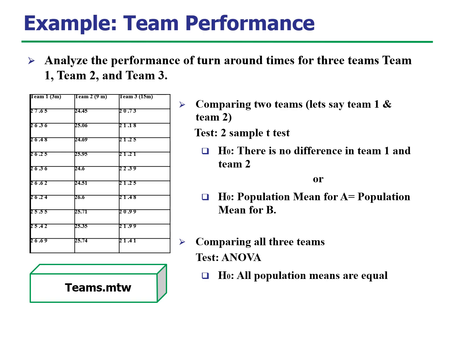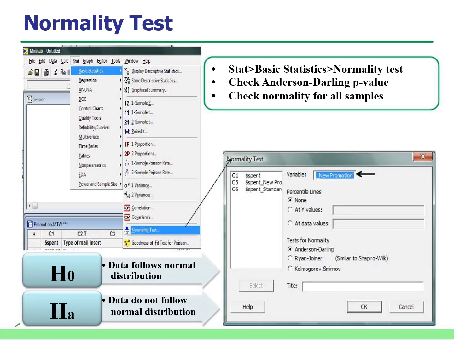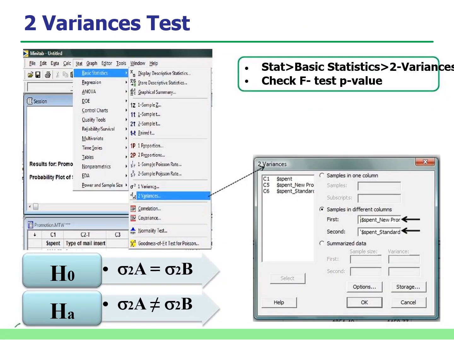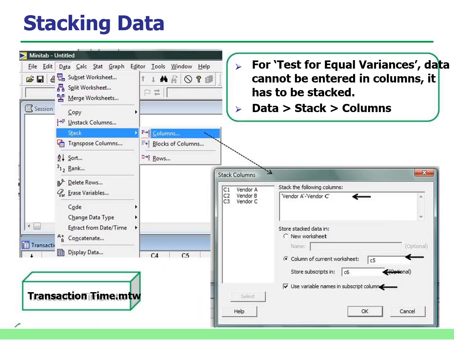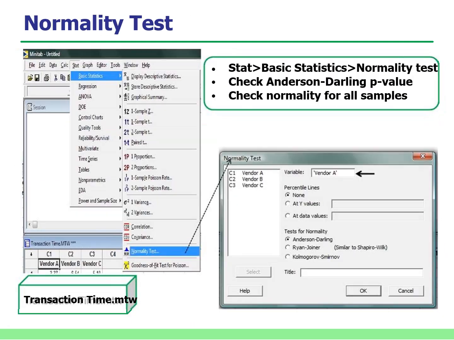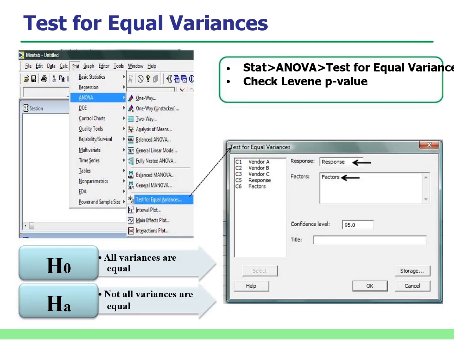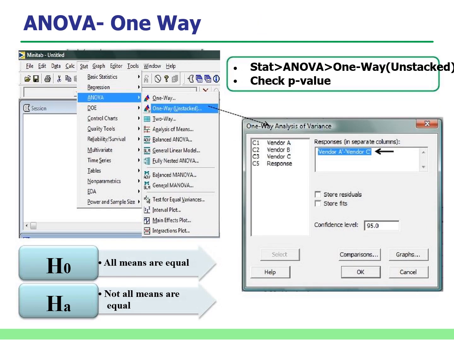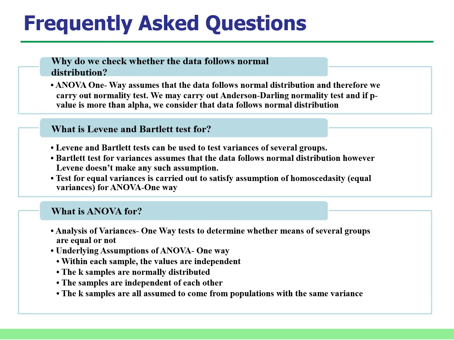Example, team performance. Then there is a normality test on the data. We have normal, equal variances: ANOVA one way. Frequently asked questions are: why do we check whether the data follows a normal distribution? What are the Levene and Bartlett tests for? What is ANOVA for? ANOVA is an analysis of variance one-way test to determine whether the means of several groups